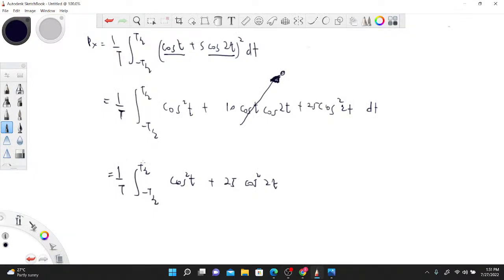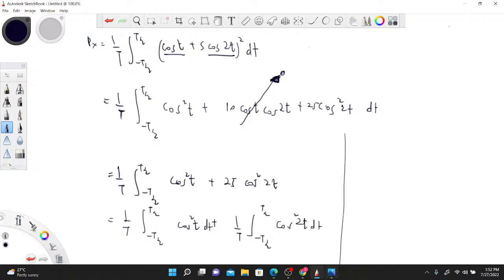So now we've gone back to something that looked like the examples we solved already. So 1 over T integral minus T over 2 of cos squared t, plus 1 over T integral minus T over 2 of cos squared 2t dt here. Alright, beautiful. Now if you expand this using the trig identity, you get 1 plus cos 2t, but the cos 2t goes to 0, so I'll be just left with 1 over T times